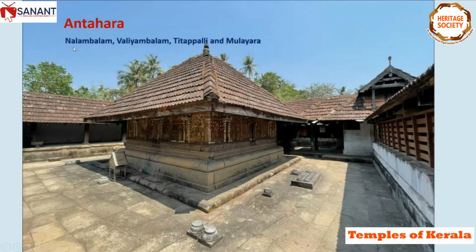It has got another name, Andhara. The Andhara has components like Nalambalam, Valiyambalam, Thitappally, and Moolayara. It is also known as the Chuttambalam, which surrounds the Shrikovil. It may have pillars also. It's an open hall with pillars, and the broad